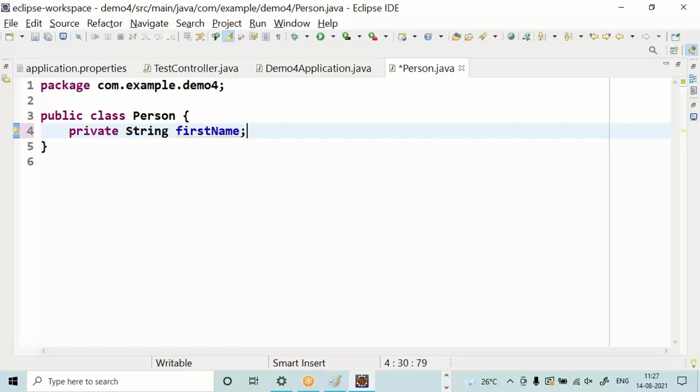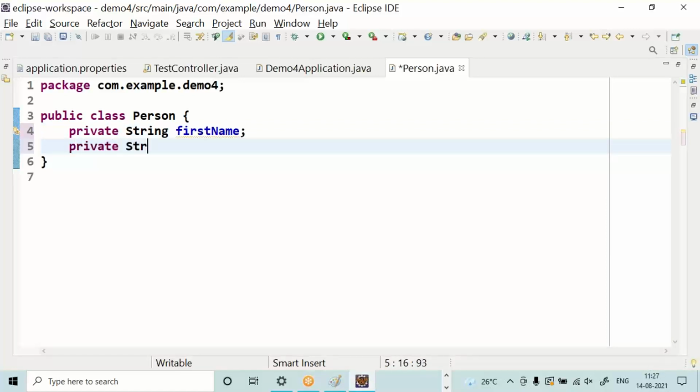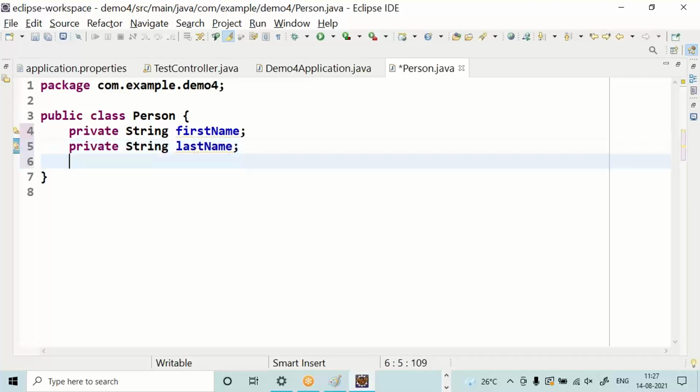Private String lastName, L in the lower case, N in the upper case.